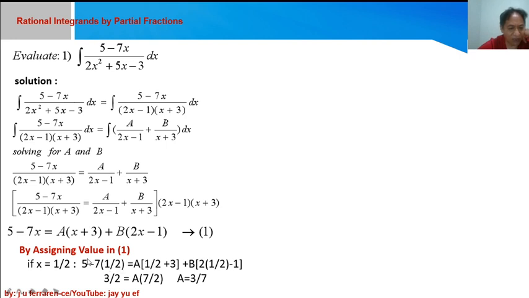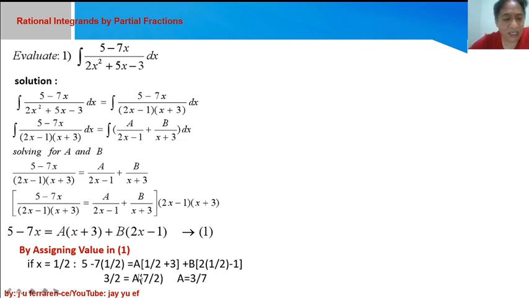Okay? So, 5 minus 7 times 1/2, and that is 3/2 if you combine, and that's equal to A. So, this is 7x, that is why we have 5 minus 7 times the value of x, which is 1/2. If you combine, this is equal to 3/2. And this is equal to A times, I'm following here, 1/2 plus 3, because x is 1/2, then plus 3. Their sum is equal to 7/2. So, if 3/2 is divided by 7/2, then you will arrive at the value of A, which is 3 over